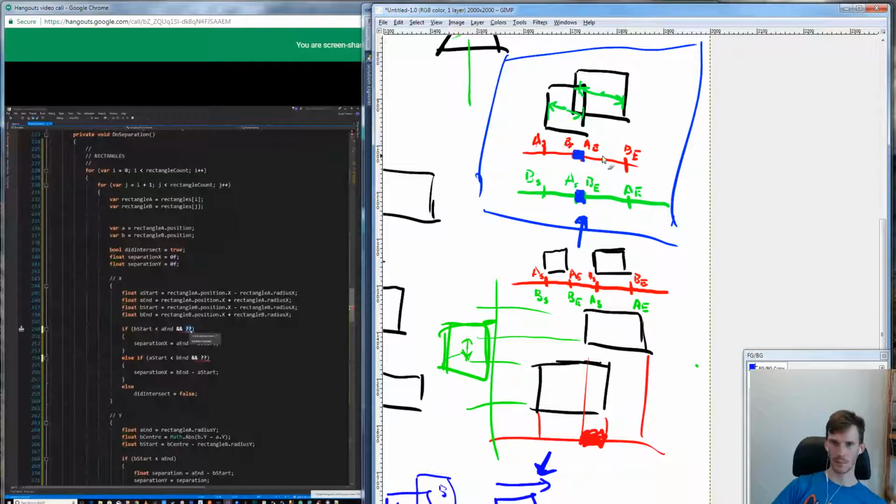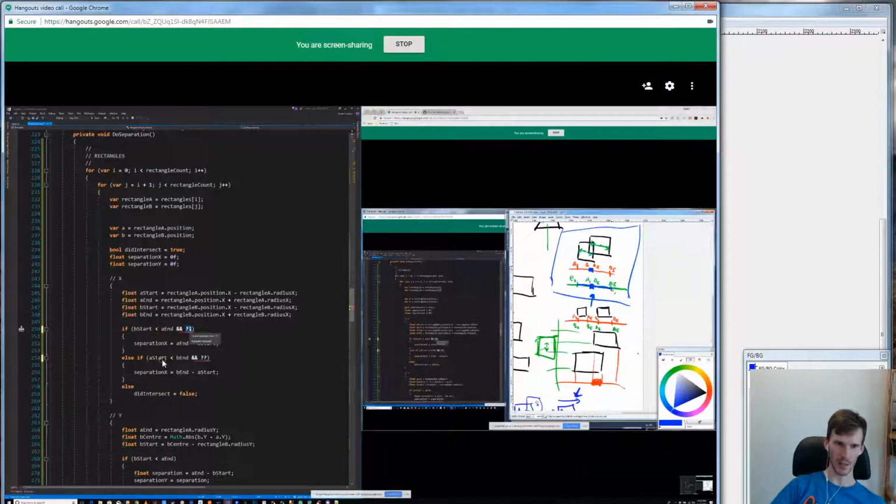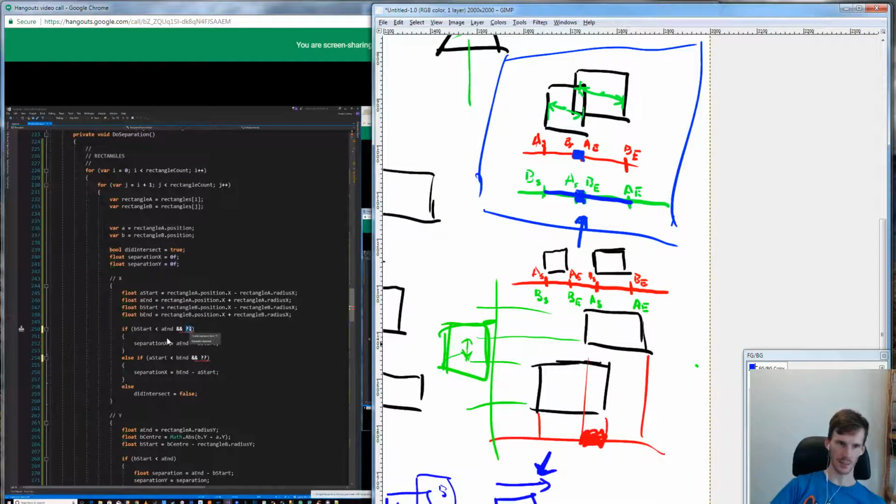B start is very easily less than... but impossible. Yeah. I just need this to be useful. Yeah, because that would give us this separation if we ended up in that branch of code. So